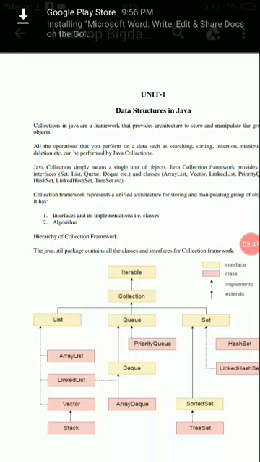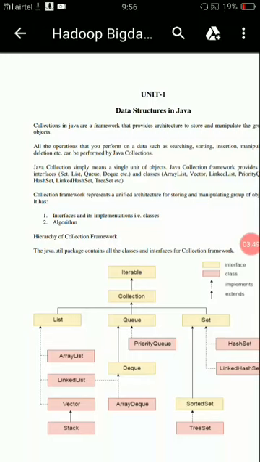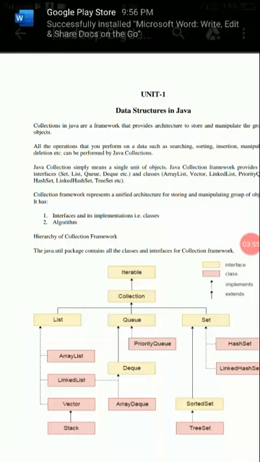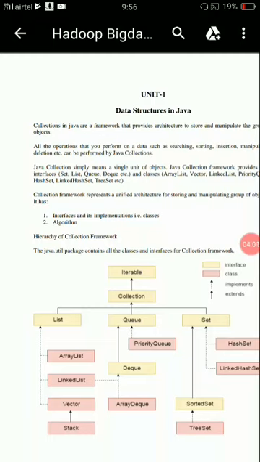That is the main importance of data structures. The definition of data structure is the logical and mathematical representation of data. That means if we take any data, how to organize the data or how to represent the data is the main important thing. Why? Because based upon the representation of data,